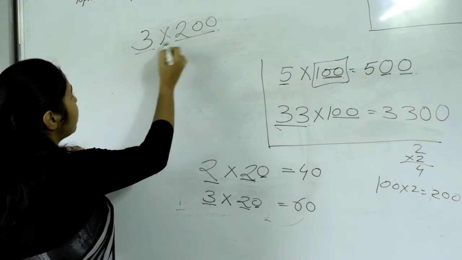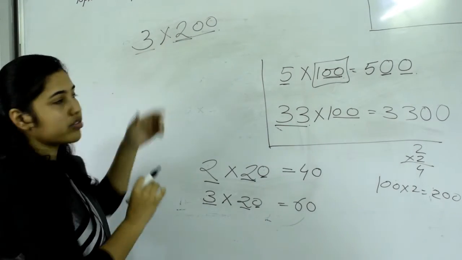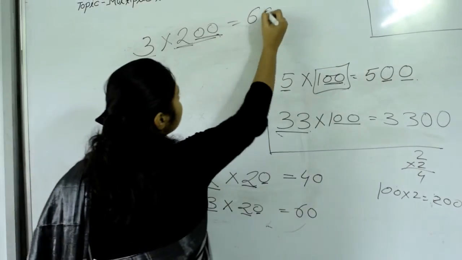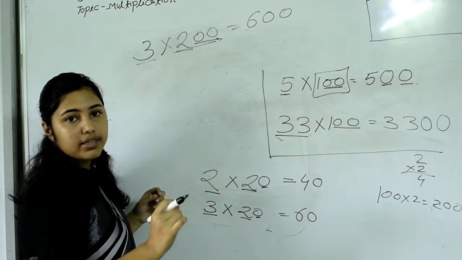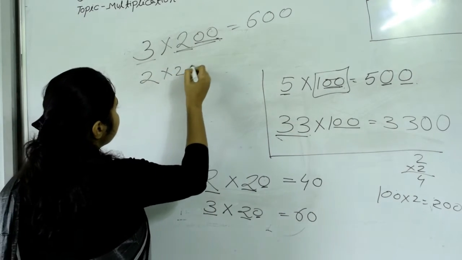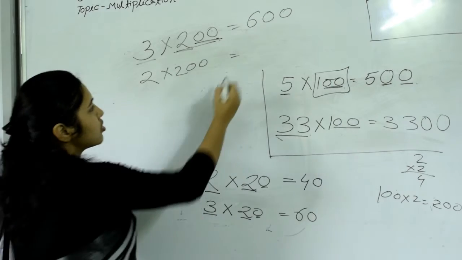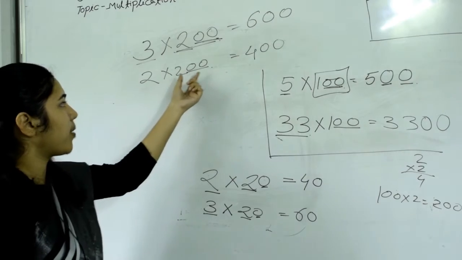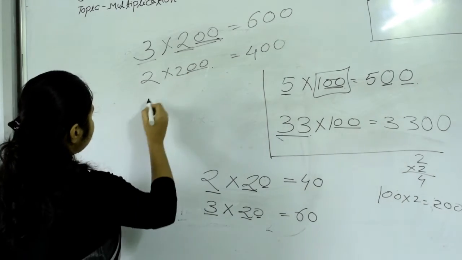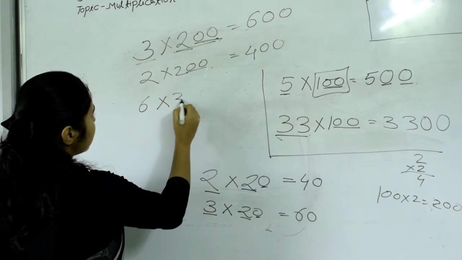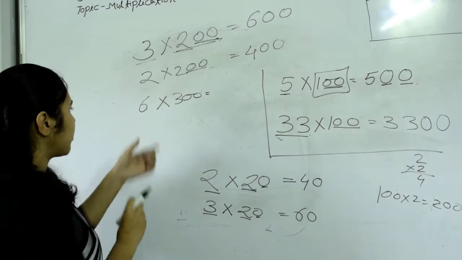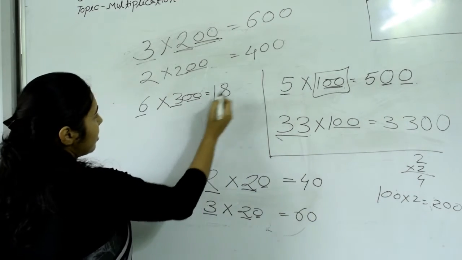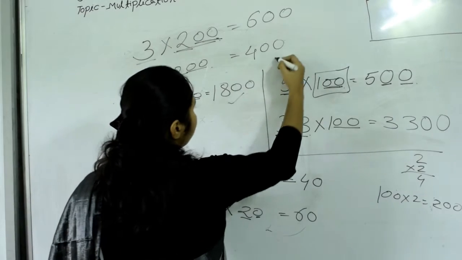Again, first of all multiply these two digits, 2 and 3. We know that 2 3s are 6, and then add these two zeros in 1's place and 10's place. Similarly, 2 into 200 equals 2 2s are 4 and then 2 zeros, because here 2 is followed by 2 zeros, right? Next, similarly multiply 6 with 300. Again multiply 6 and 3. 6 3s are 18, and then write 2 zeros. Okay?